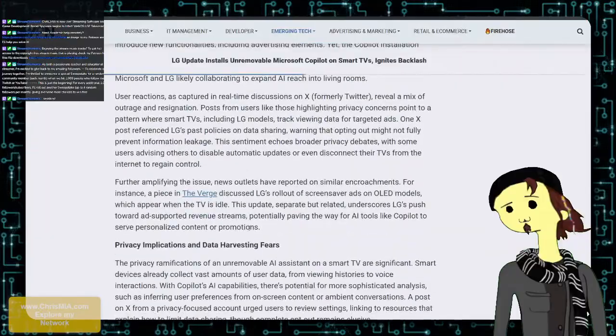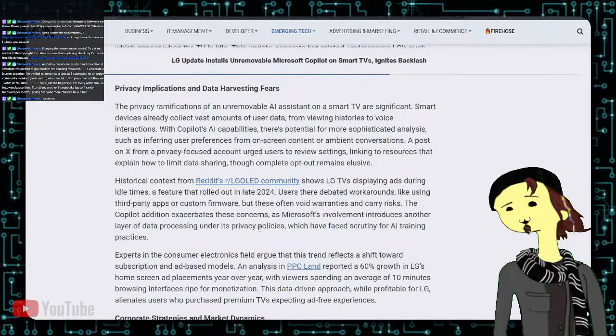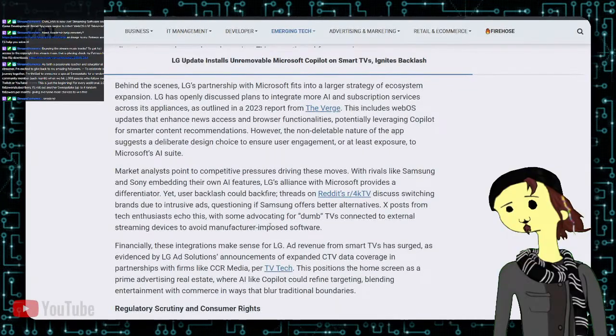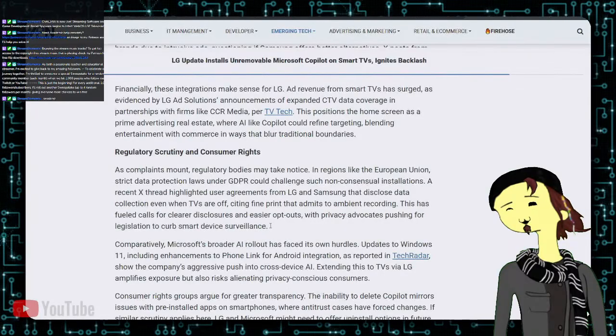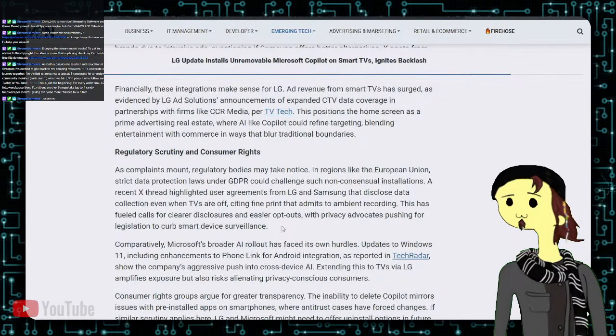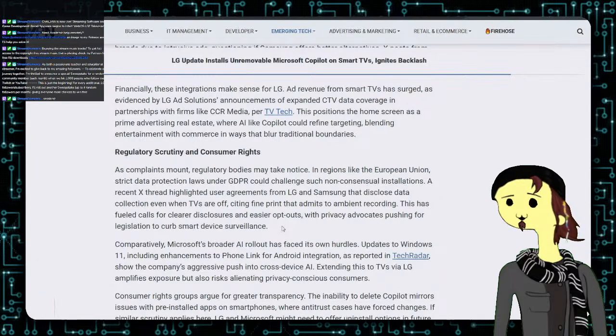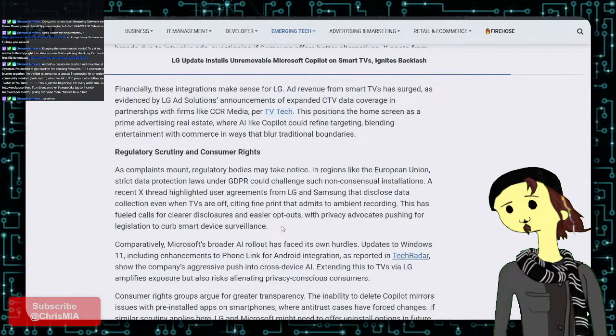Delving into the technical side, I'm basically trying to root my device so I can remove any updates and get this out of the way. I can do some homebrew stuff and stop my TV from constantly trying to tell me to update. Worse, one day I'm going to keep pressing that don't update button, but every time I turn on my TV it's going to keep asking me to update. Either I'm going to accidentally press OK, or it's going to press it for me. And I'm not going to be there to watch it update, and all of a sudden I have an updated AI spyware that's going to completely